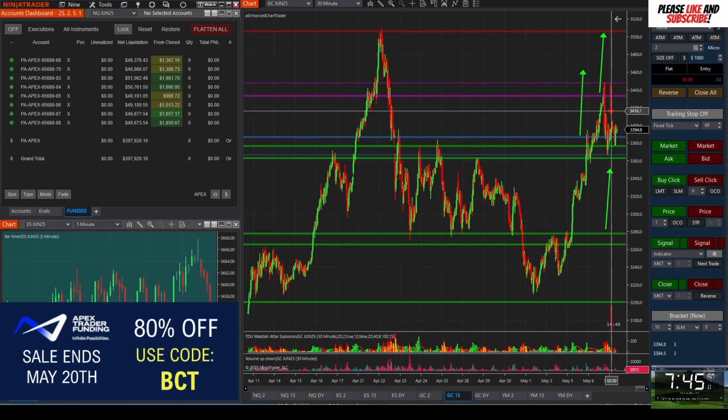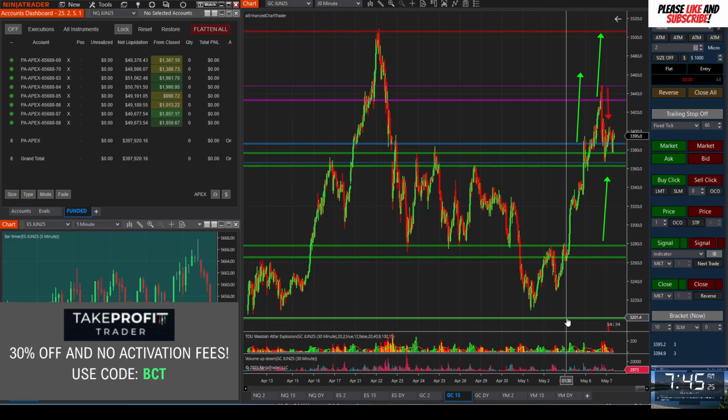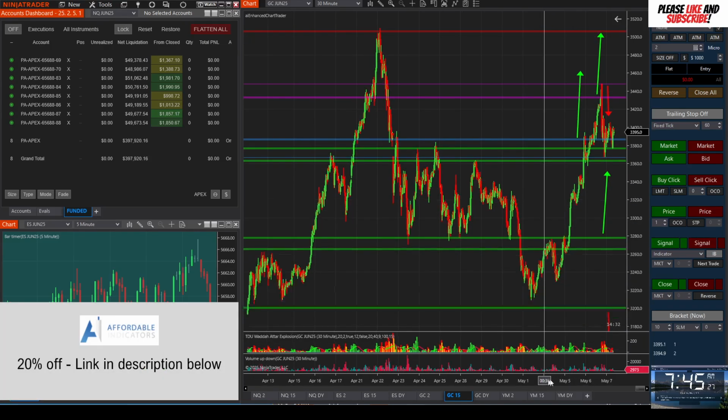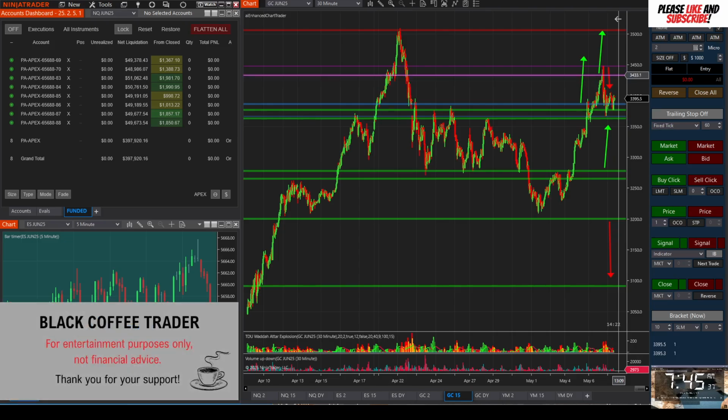Gold definitely had a big move yesterday. I missed that. Would have had a really nice long right here off the 33.80s. I did not take that trade, but now you can see yesterday's lows were right around that area where I've had this level marked. And so the thing I'd be looking for on gold today is, and I'll put the arrows over here so we can clearly see them, if we get a break and retest here off of yesterday's lows, I would look to take that long back up into this area up here.